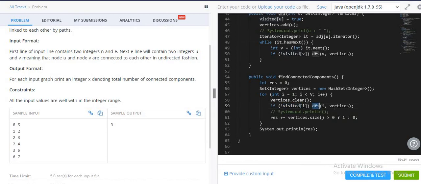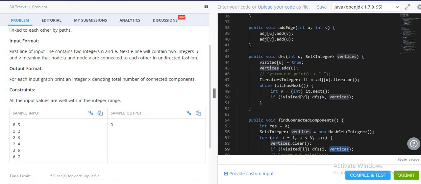Similarly, I have to pass these vertices, because I have to make sure how many nodes are getting connected, or from this parent vertex how many other vertices are attached, so that way it will reduce the further computation. Because if the node is visited, if it has a path from the parent vertex to that child vertex, then I can directly mark it as visited.